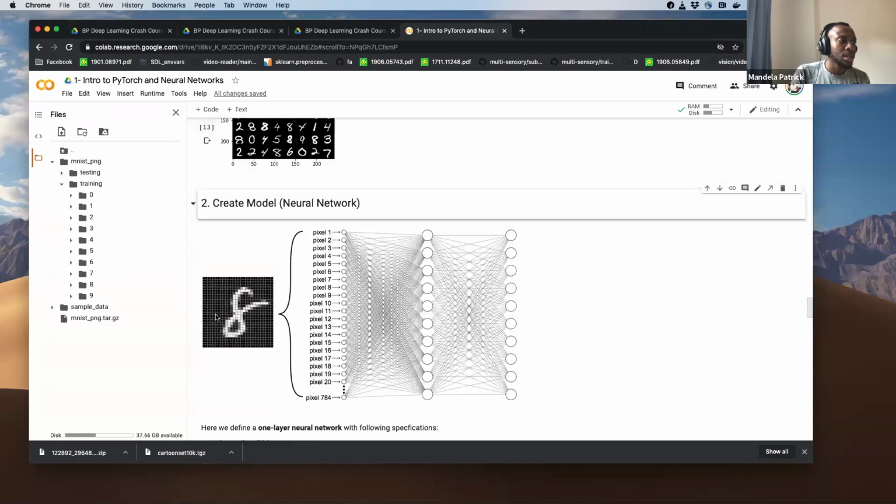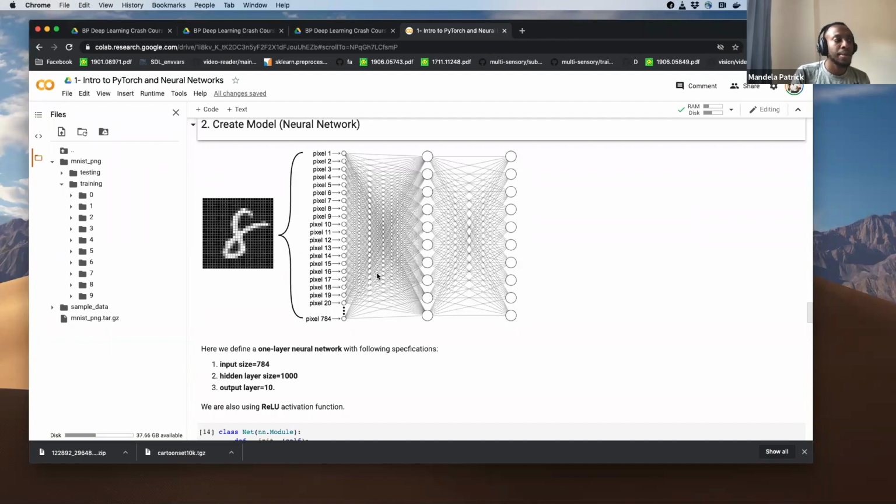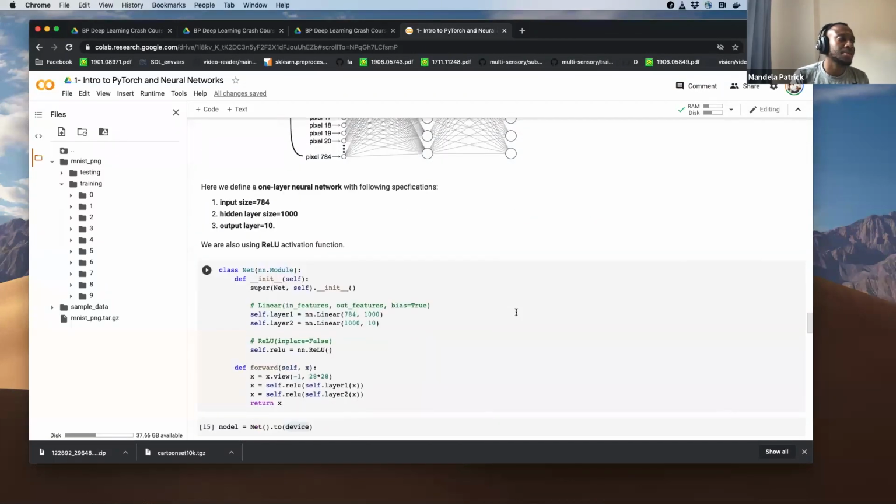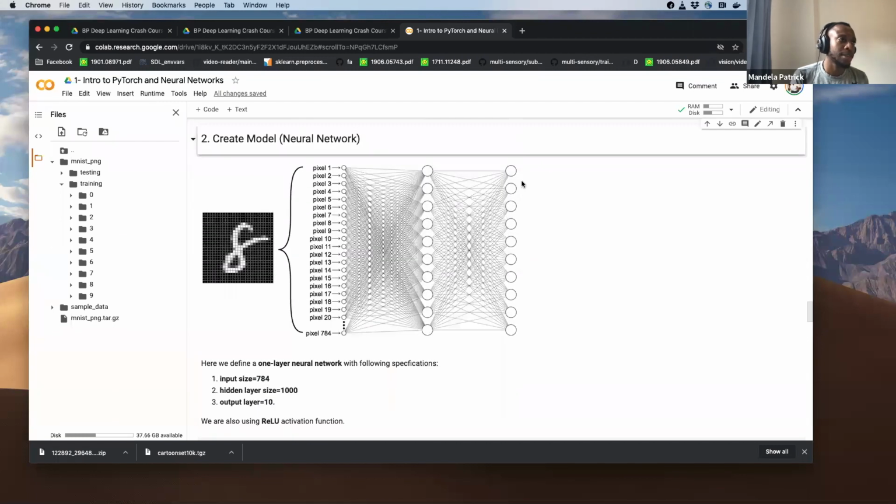We define the model. Here we use an input layer of 784, which is the size of the image, 28 by 28. We have a one hidden layer neural network, which we define as 1,000, and our output is 10, which is the number of digits in a 10-digit output.